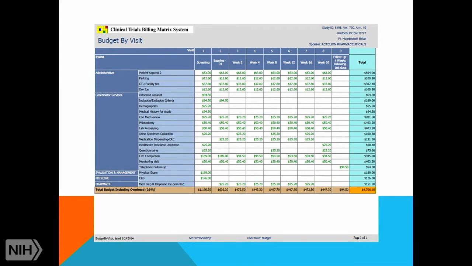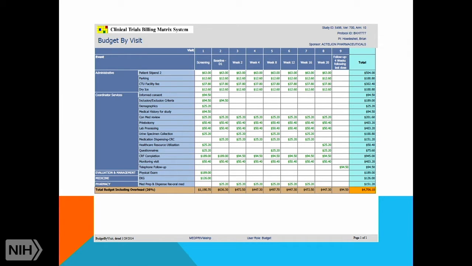Okay. So this is kind of what a budget might look like. I mean, this is our software. But if you had an Excel spreadsheet, it would look the same way, only it may not be all dressed up in color. But pretty much the amount in this particular software, which I do not like, it has overhead on each individual item instead of having it at the bottom. It says in this particular instance that the overhead is 26%, but I would prefer it have a subtotal, a line that said 26% and then the total.